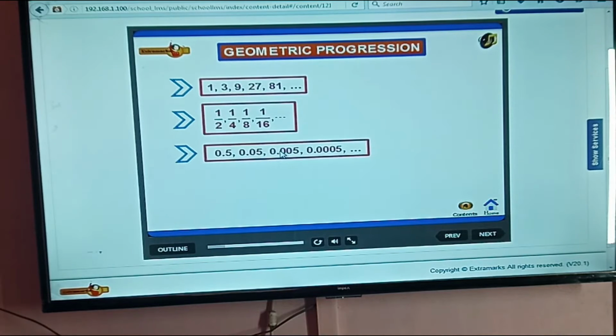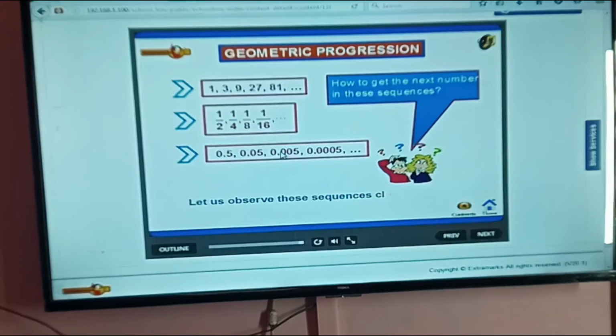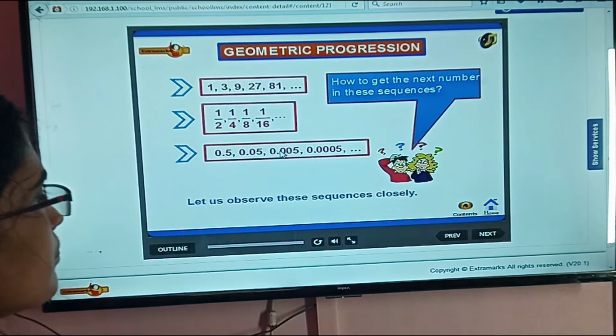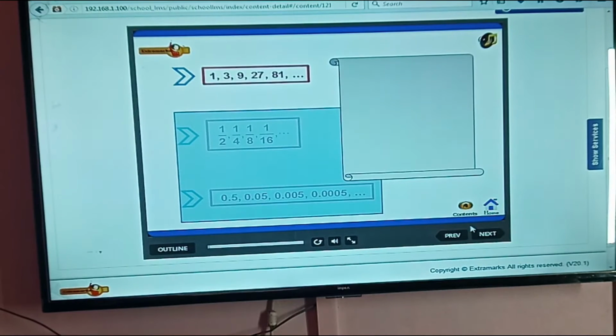Following sequences. Can you guess how the terms of these sequences are progressing? Let us observe these sequences closely. We observe that each successive term in the first sequence after the first term is related to its previous term